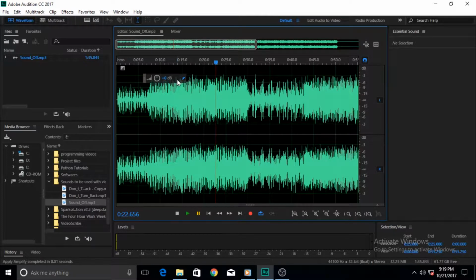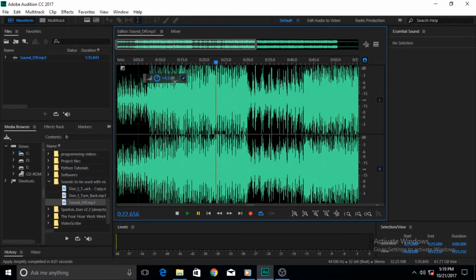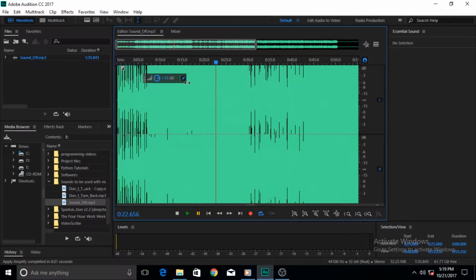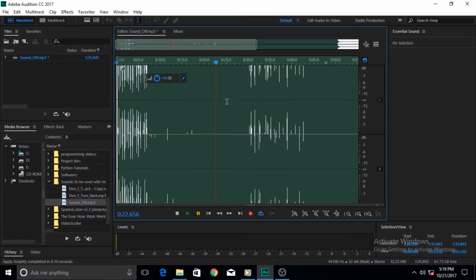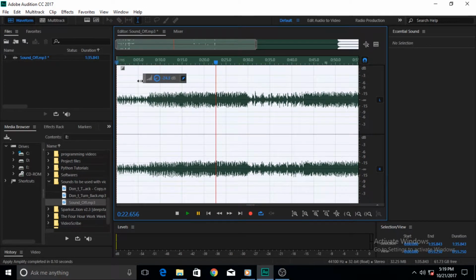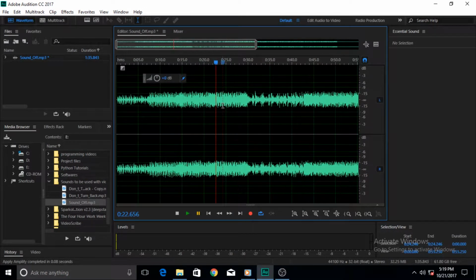This is called the heads-up display. Okay, first of all, if you click on this panel and then drag your mouse to the left, your amplitude level increases, or the volume in simple terms increases, and if you bring it to the other side, your amplitude level or volume decreases, as the waveform clearly indicates that it is now decreased volume.